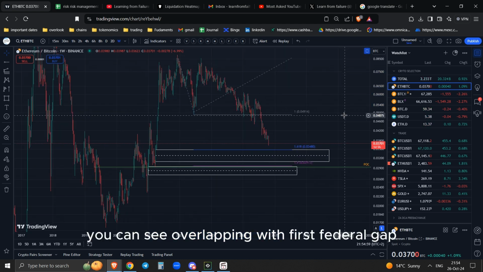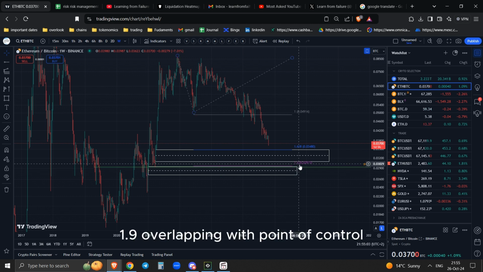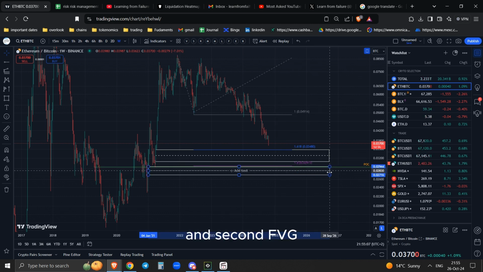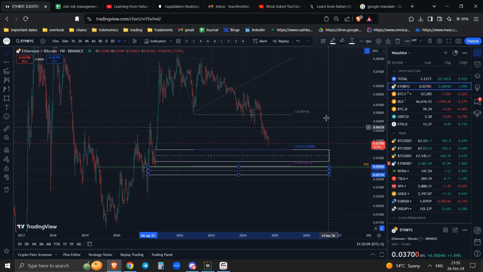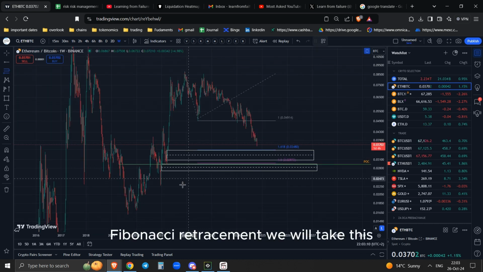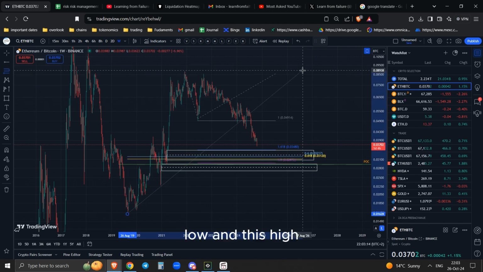You can see 1.618 overlapping with the first fair value gap, and 1.9 overlapping with the point of control and the second fair value gap. Okay, second tool, Fibonacci retracement. We will take this low and this high,